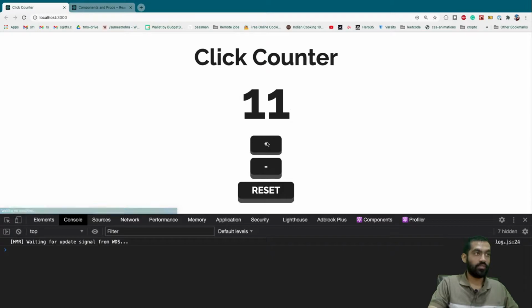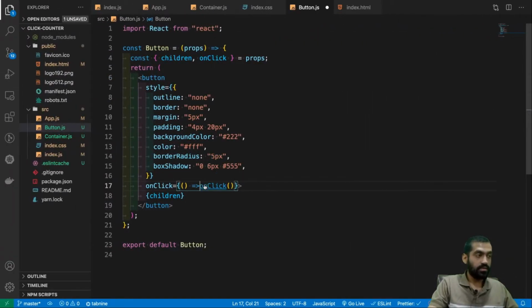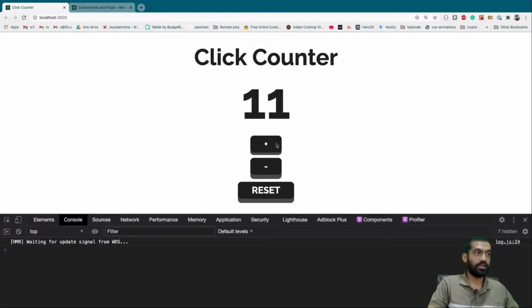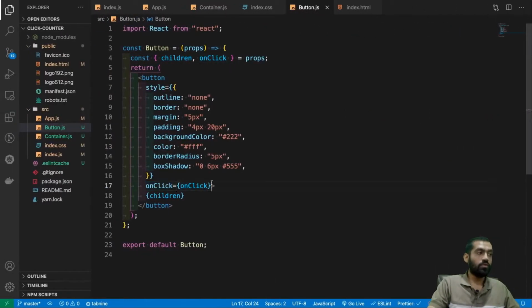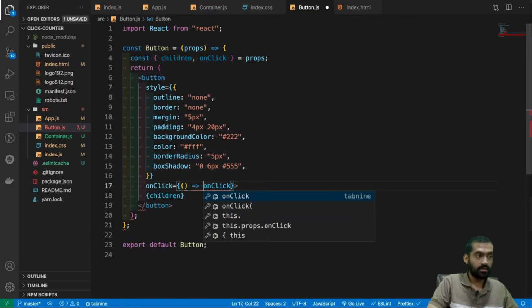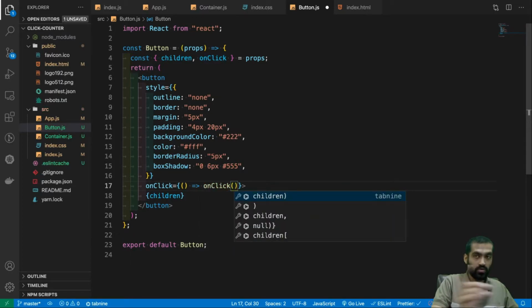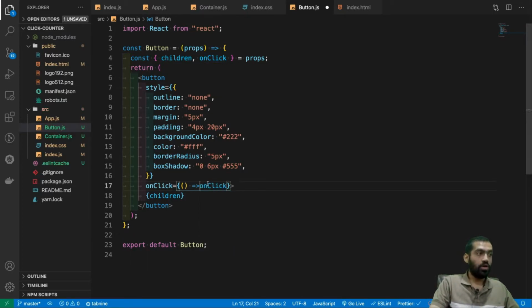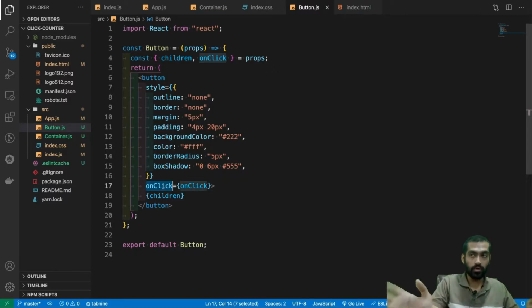This should work, but what I'm saying is when we remove all these brackets now, what we are essentially doing is passing this reference to this on click component. Now this will work perfectly, right? Working, right? So we can either do this, where we pass in an anonymous function which calls on click, or we can write it as this, where we just pass the reference to this on click function. Both work.